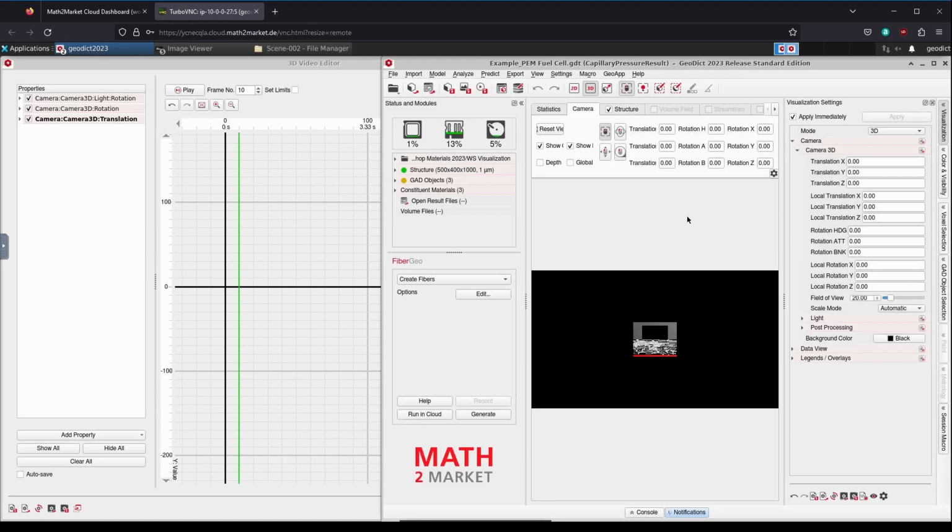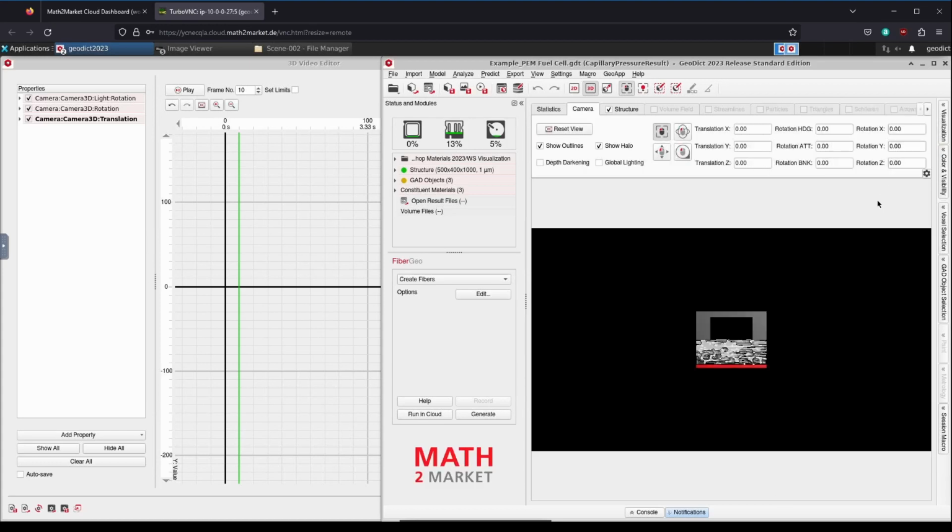We'll now proceed to block the first position of our animation. This time, we'll be using the numeric input in the Camera tab. To improve visibility in the visualization area, I will close the sidebar when not needed. We will utilize the fields rotation X, Y and Z for a direct rotation around the corresponding axis.